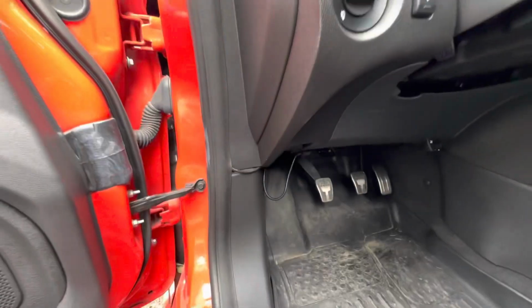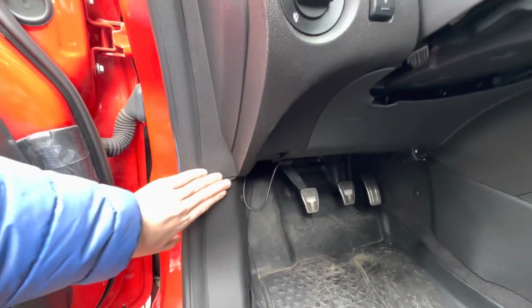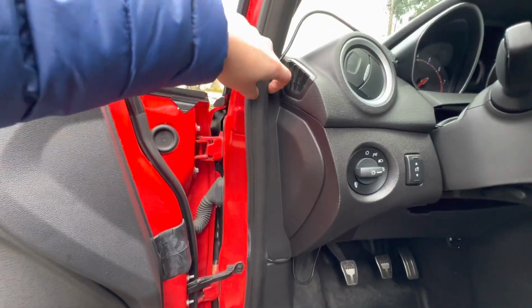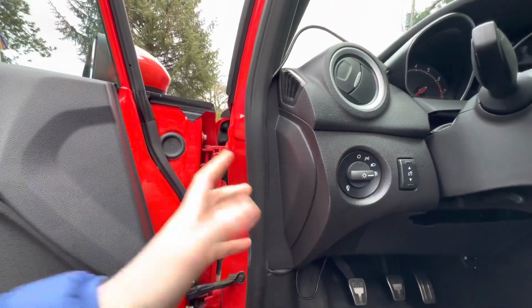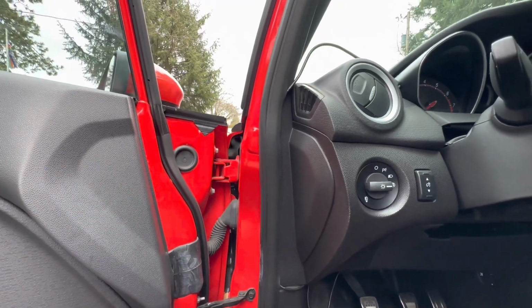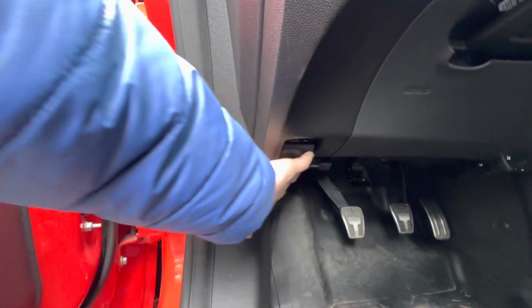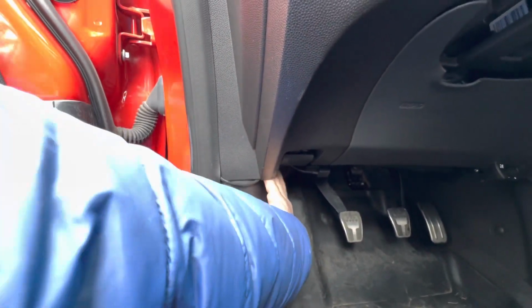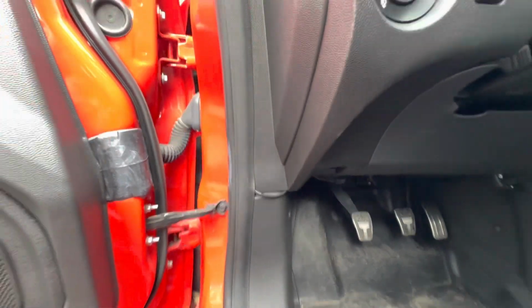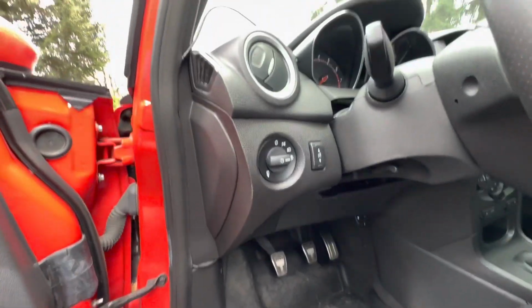For the time being, I just plugged it in to the OBD2. I tucked up some of the wire right here, and I have it actually underneath this weather stripping. Super easy right now, and then if I change it, if not, it is how it is. But definitely might want to tuck it up a little bit more underneath here. That way you aren't really seeing too much of it, or you're getting your foot caught on it. So like I said, not perfect, but we'll get a little bit better solution once we have this